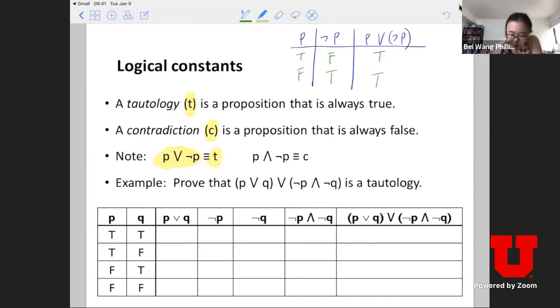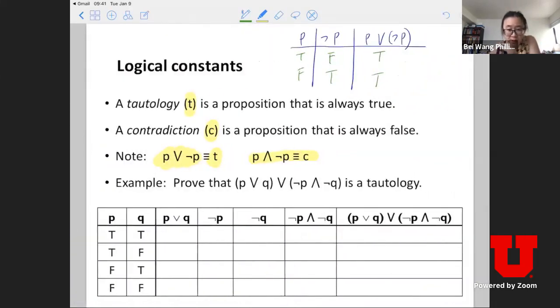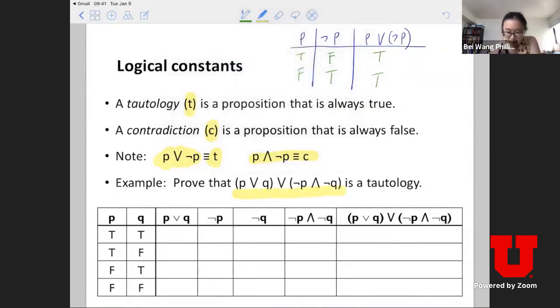Equivalently, you can also do a small take-home exercise. You can see that P and not P is always false, okay? Because if P is true, not P is false, then P and not P, true and false, is always false, okay? So now remember in the previous example, we want to say, can you show the statement